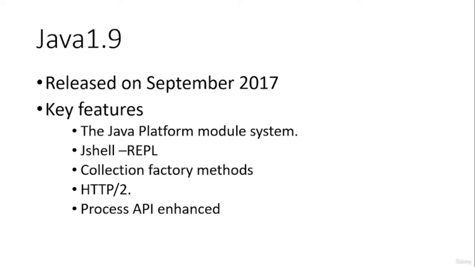Next thing which we need to mention is collection factory methods. Next is the Java HTTP 2.0 client. This is a new feature which allows HTTP clients to be used in our code. We will explain this in the HTTP section of the tutorial. Next we need to mention process API enhancements. There is a process API which was previously available. It was enhanced in Java version 1.9, which allows more methods in the process API.